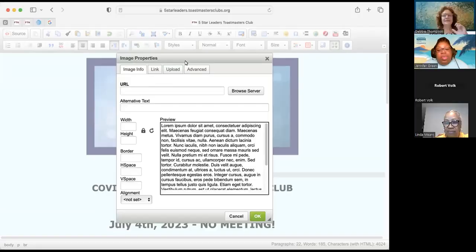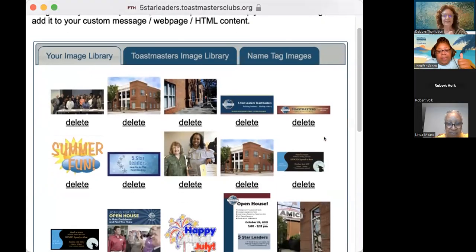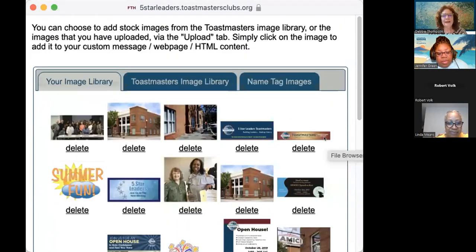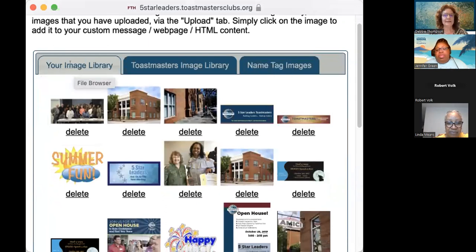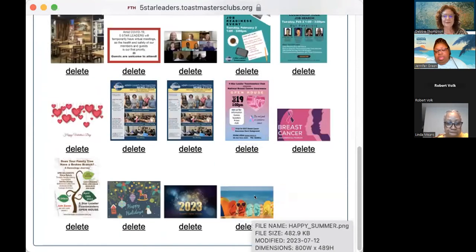Okay. So when I selected, can you see now? It looks like a little library of photos. Yeah. When I select that browser button, it takes me to this library. So when I upload things, this is my image library. And typically an image goes to the very bottom. Okay, so here's my image. It's some summer flip-flops. It looks cute.